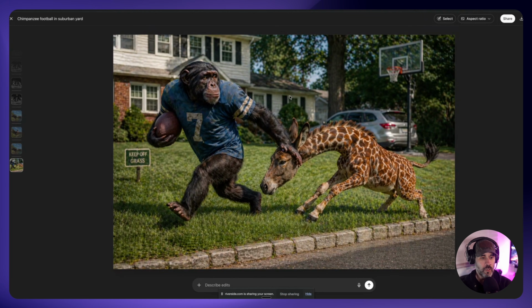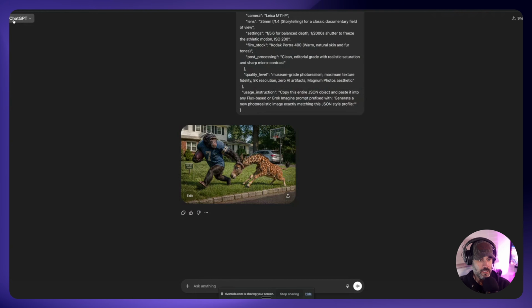So now we're going to do the trick that I found out. So if we go back into the actual image, and now you don't have to do it this way, but this is how I'm going to do it in this demo because this is kind of where we're at. If I change this, and let me back up a moment. This hack only works if you have a paid version of ChatGPT. So if you do not have a paid version of ChatGPT, this is not available to you as of yet. And I'm not sure if it's available yet in every country. I'm in the US, and it is available here.